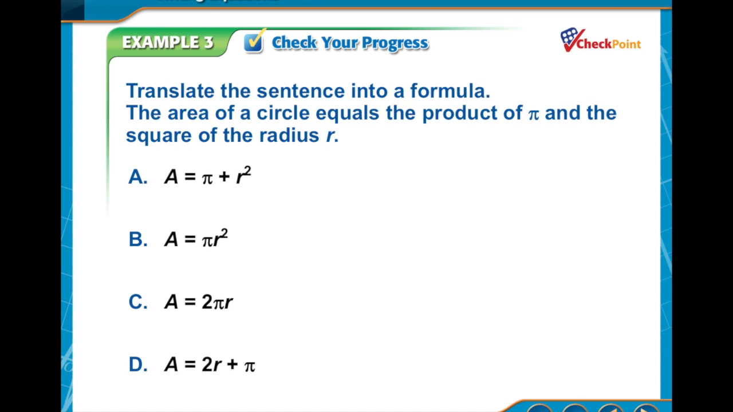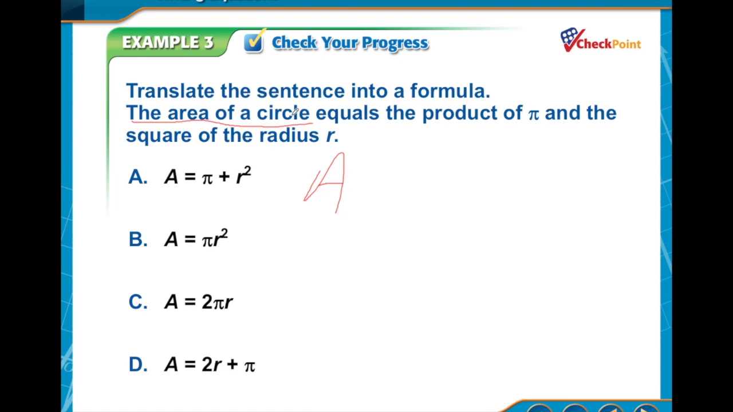So, we know that given a sentence of information, we can turn it into an equation if we remember our order of operations. Looking here, we see the area of a circle equals the product of pi and the square of the radius r. So we can take that information and write an equation. The area of a circle, that's just a variable. They don't give us a value. We can assign it any letter we want. Since area starts with an A, we should probably just use an A. So A,